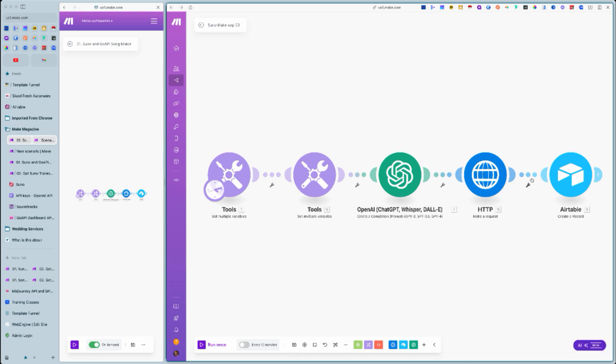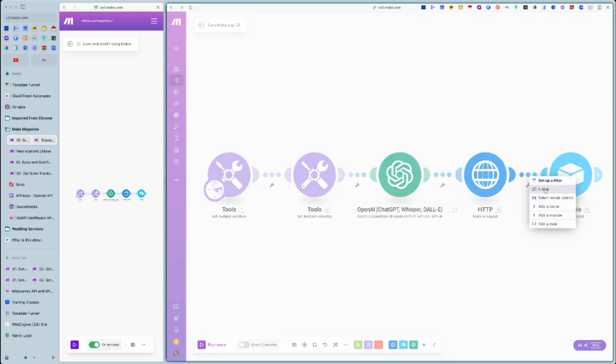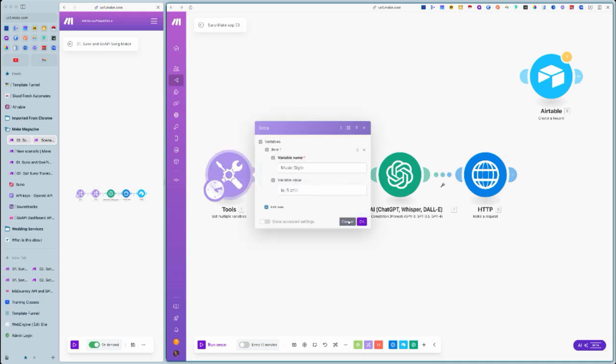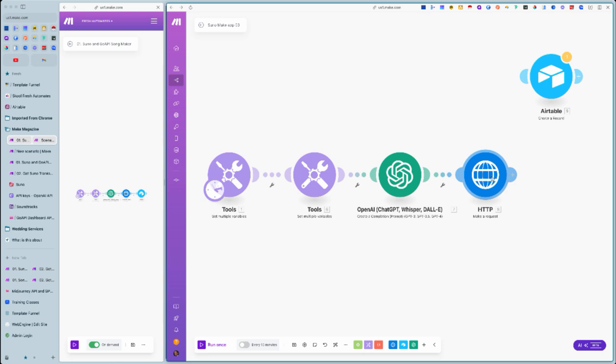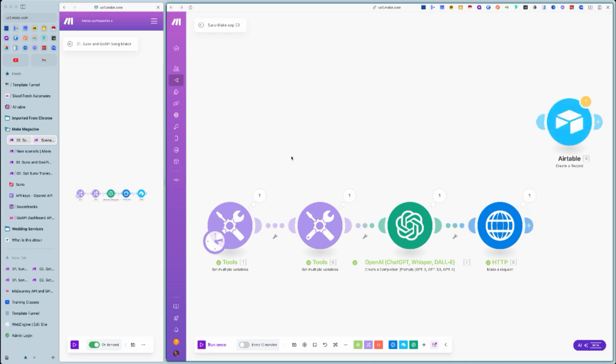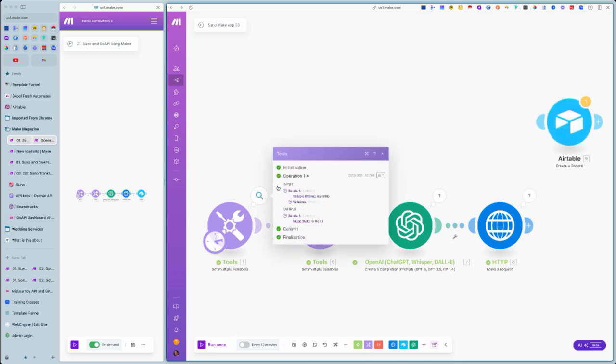And then we're going to save our progress so we don't lose anything. I'm going to auto align these, and then we're going to unlink our Airtable database for a second. So we're going to right click here. We're going to click unlink. That's just going to leave it out because we need to run this so we can get all the information. We've got all information from these, but we need to get it to actually make a request. So we're going to go ahead and click run once. And if you do that, everything works, you should get